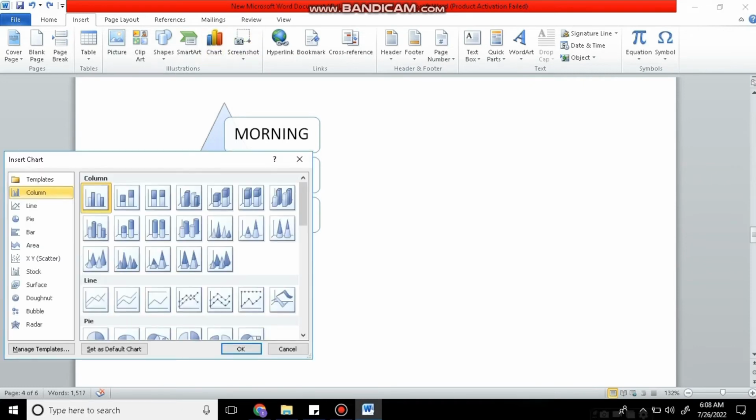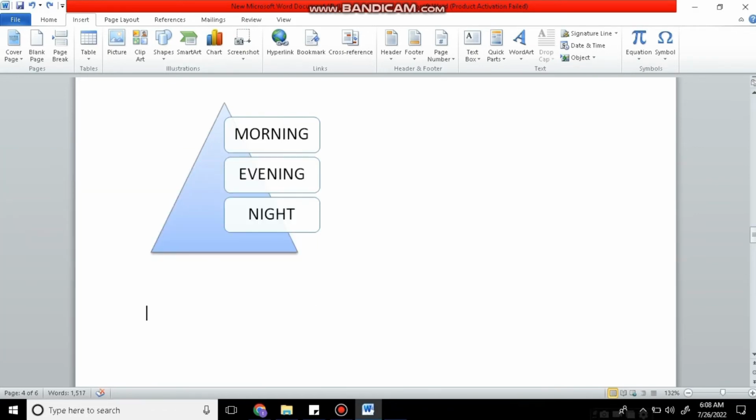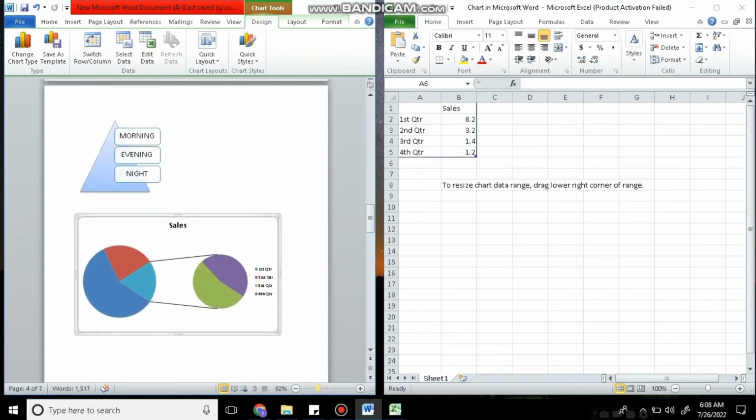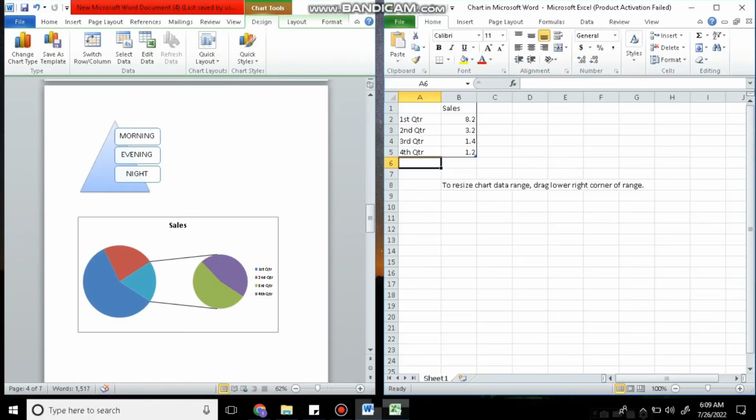Next is chart option. So here you have different types of chart. You can select any of them according to your desire, how many options you have. You can choose any chart, like bar chart, like pie chart. Here we have an Excel sheet attached to this chart. You can make changes into your data,